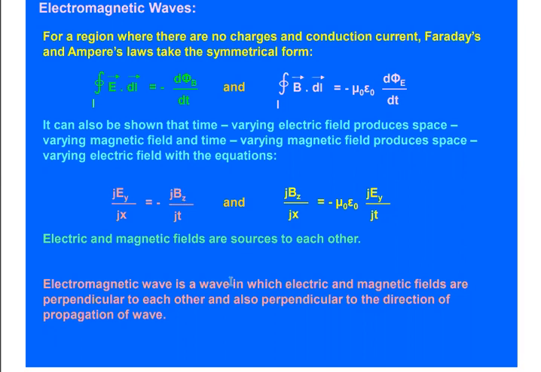Now here you see the term epsilon naught into dE by dt. Now correlate these sets of equations from here. Electric and magnetic fields are the source of each other. That means an electric field can produce a magnetic field and a magnetic field can produce an electric field. This is the main theme of this chapter. So an electromagnetic wave is a wave in which electric and magnetic fields are perpendicular to each other, and